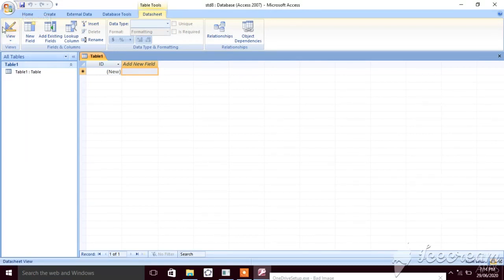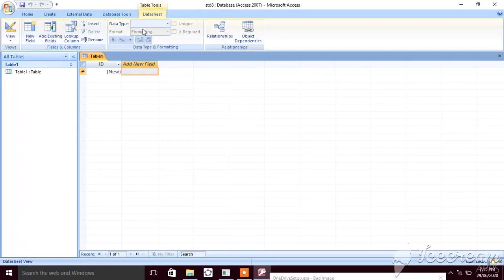Then the ribbon. Okay, this part is called the ribbon. The ribbon is present below the title bar and has a set of tabs. Each tab displays some commands organized into groups. Means, see, these are the tabs: view tab, new field tab, add existing field tab, lookup column tab.